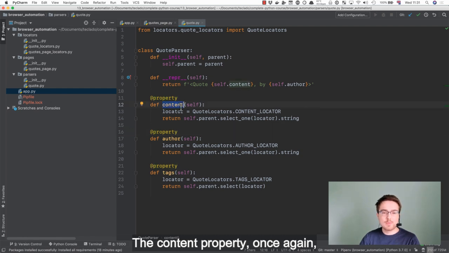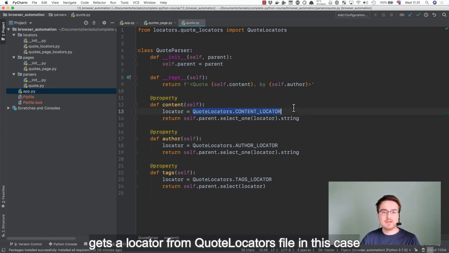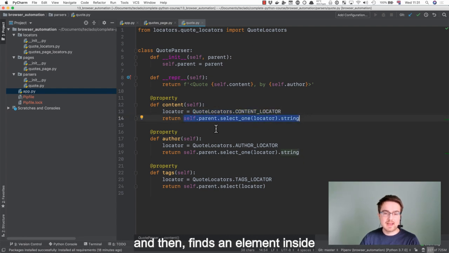The content property once again gets a locator from the quote locators file in this case, and then finds an element inside this quote with that locator. Same for author and tags. So basically